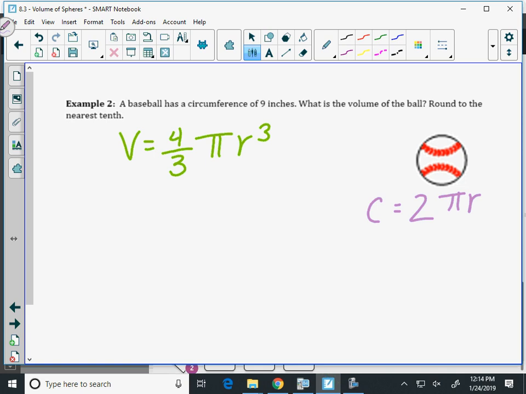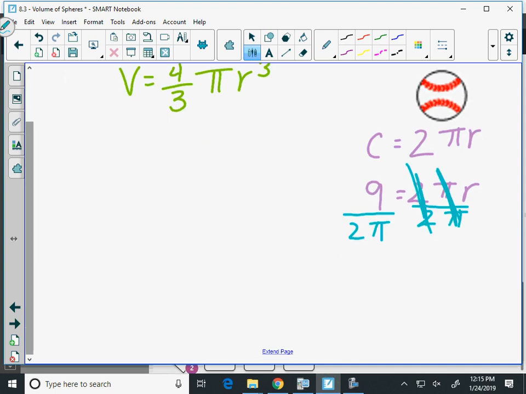Now, you can take 9 and plug it in for c because that's what the circumference is and that's what c stands for. And then use that to help us solve for r. When we want to solve for r, what do we need to do? Divide. What are we going to divide by? 2 pi, yeah, because we're multiplying r by 2 and we're multiplying it by pi, so we divide by 2 pi. Cancels out here, cancels out there. We're left with r is equal to,